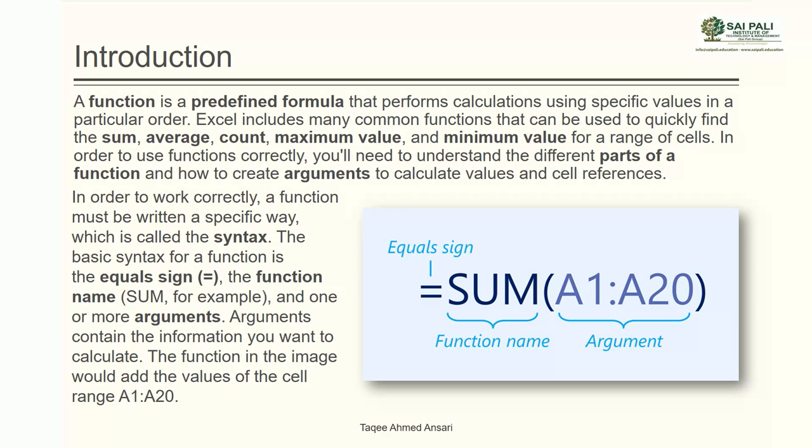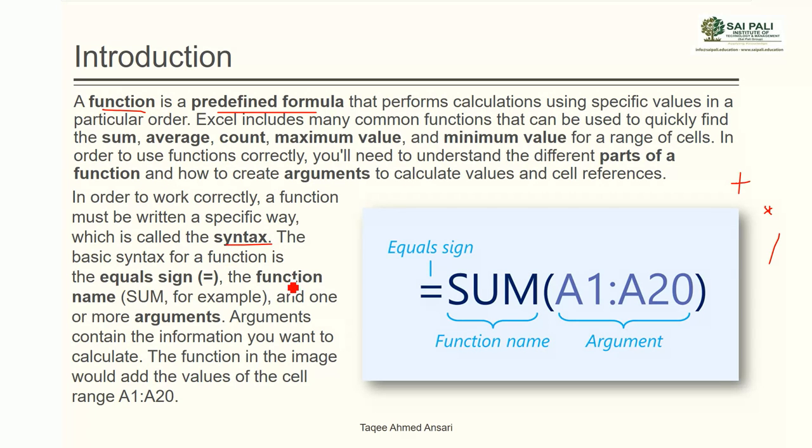So we can do lots of things by using a formula, using the mathematical operators directly. We can use plus, we can use multiplication, we can use division, we can do it all manually. But instead of doing these manually using a formula, we can use these predefined formulas, and that is called what? Functions. In order to use a function correctly, we must understand the syntax, the specific way of using the function. It is called syntax.